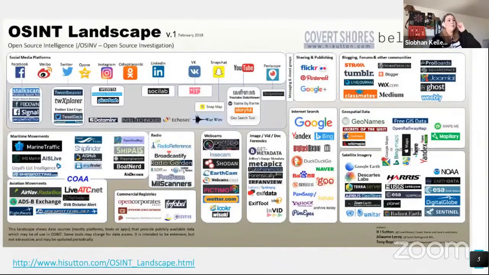This is a very busy, but a very helpful infographic, and the makers are listed in the bottom corner. Here they've broken down common types of OSINT by category. So social media, social images, internet searches, geodata, blogging, and so on. Sometimes when I get stuck, I will refer to this.